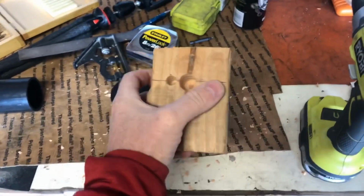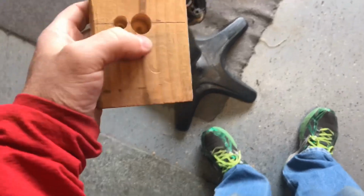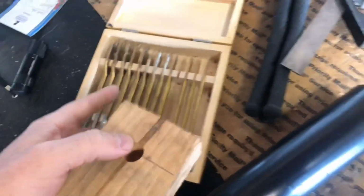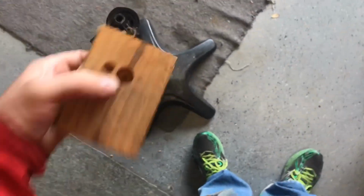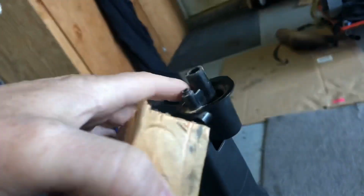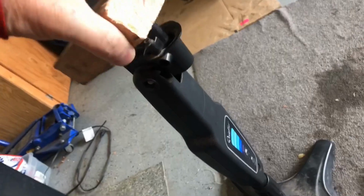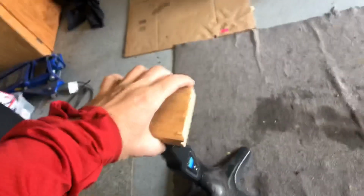So I just measured down, you know, like a little bit on here, I don't know, 1.5 inches, and then right to the center for that hole. And then I used my spade bits, found one that was just slightly larger than this. And then once I did that, then I set it over the top of this like that, and then I drew around where that one was, and then I found another spade bit that fits that, so you can see we're fitting over that. So now all I got to do is cut out between the holes that little section right there. I just need to cut that little section out, and then this should fit flush on here, and then I can just find a way to attach it to that,